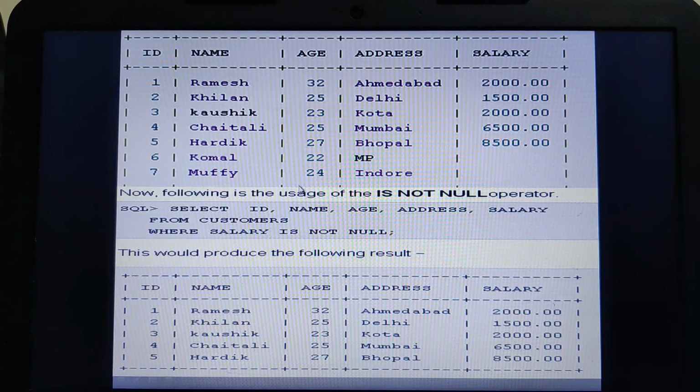Select everything wherever the salary is not null. Only those records where the salary is not null are retrieved, so I am able to see these records. The first 5 records would be displayed as the answer.